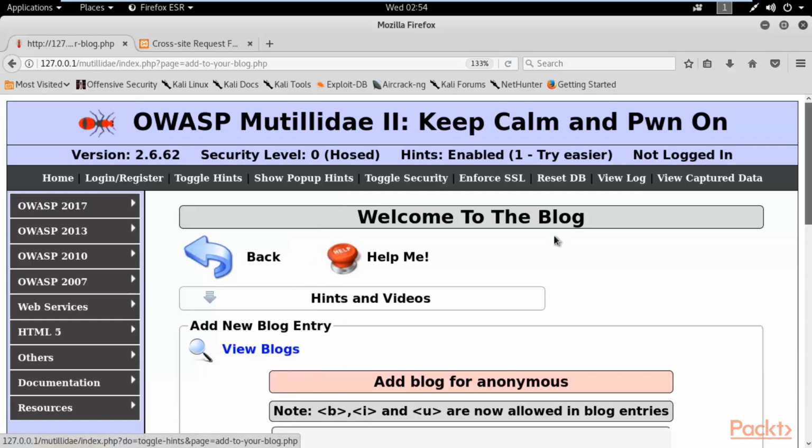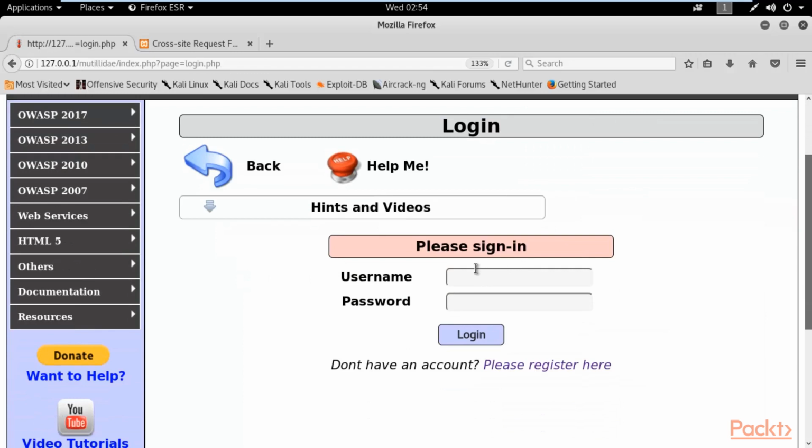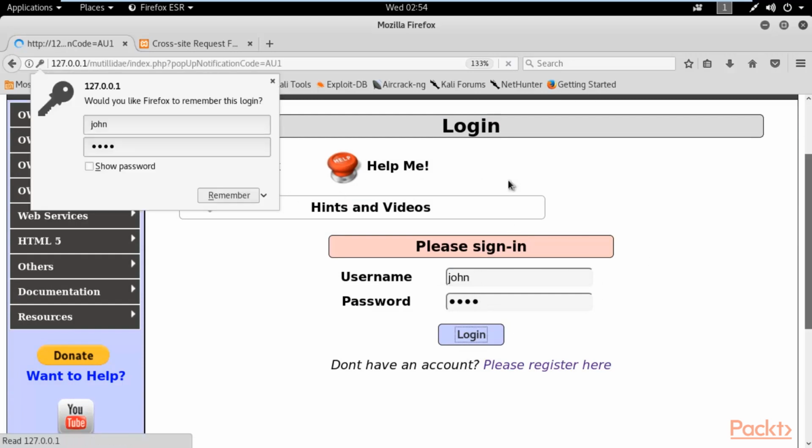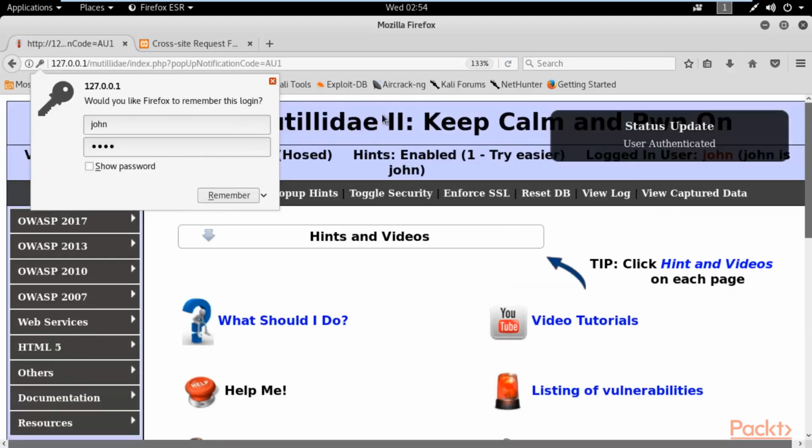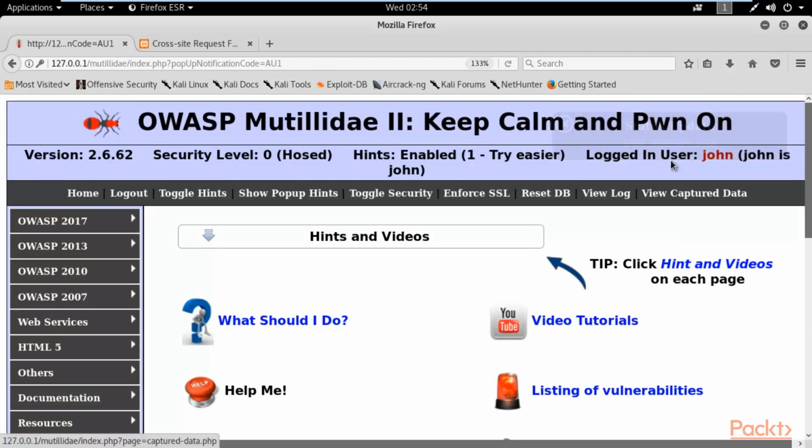So click login here, and inside login we need to insert the username and the password. Here you can type your username and password, John and John, and let's see if there is any account available or not. Click login, and you can see that we have logged in inside that particular account.